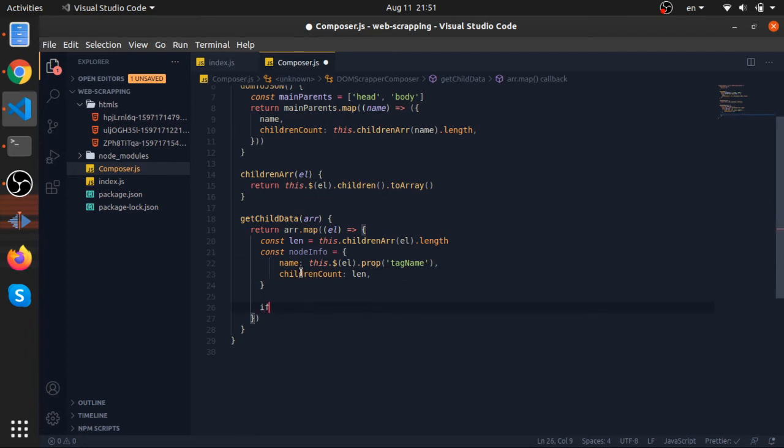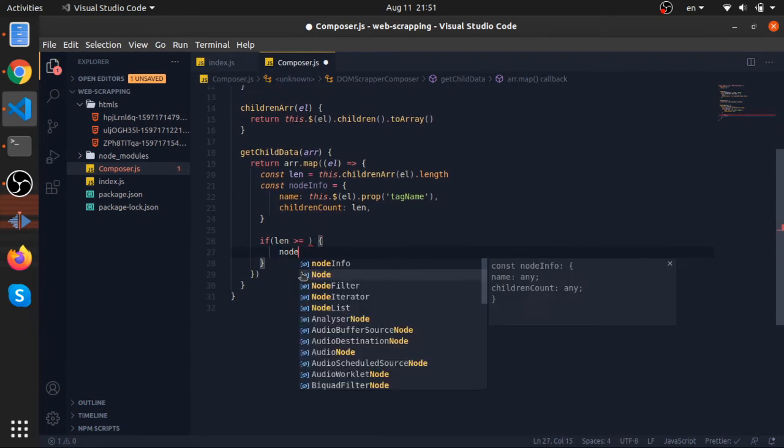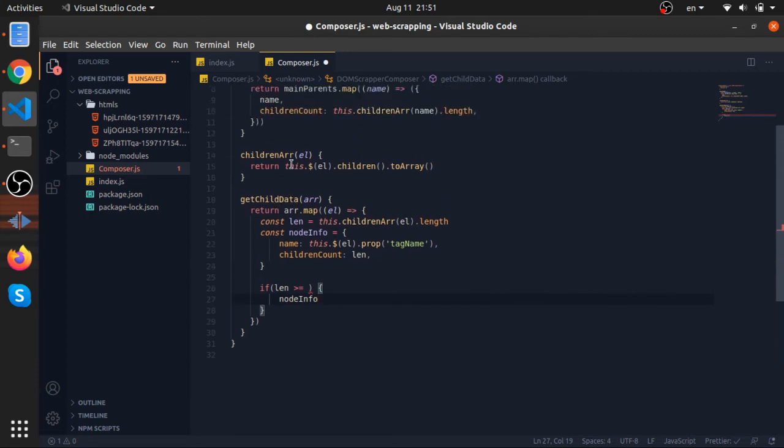Now if I have a length that is bigger or equal to 1, node info will basically, if I have a length that is still bigger than 1, which means I need to traverse more within the tree, I will just call the function again. So node info dot, so here will be 1